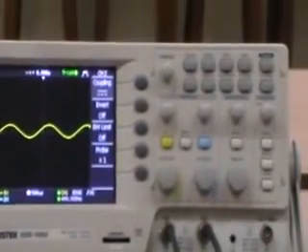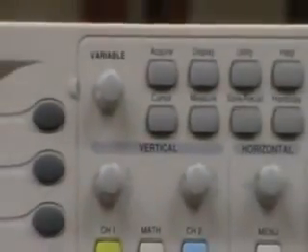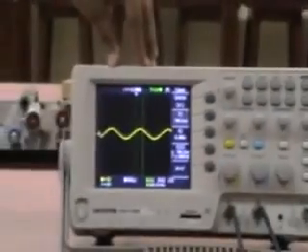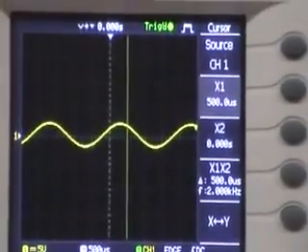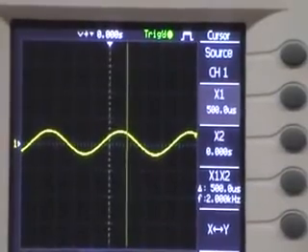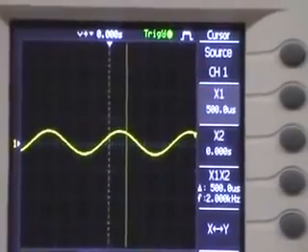Now moving on to the second button, that is the cursor button. I will familiarize you more with the cursor button and what function it does. This is the cursor button, just right of the variable knob. The cursor button is used to basically measure vertical and horizontal measurements through either the vertical axis or the horizontal axis.